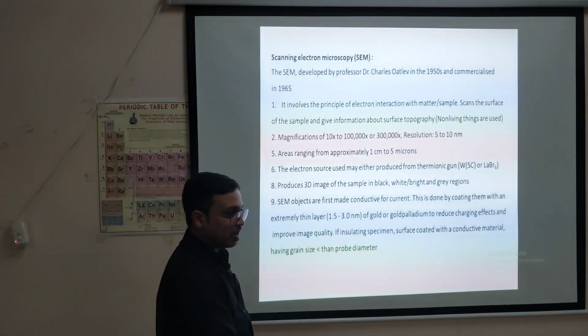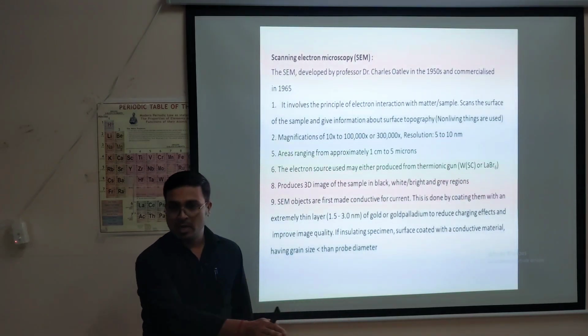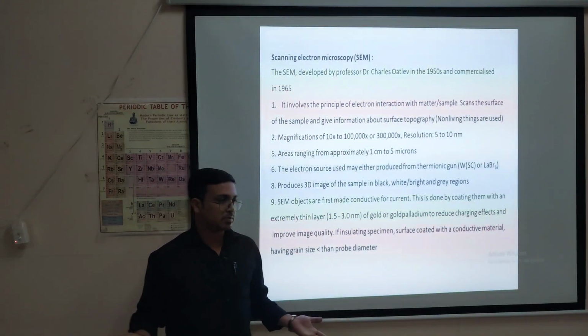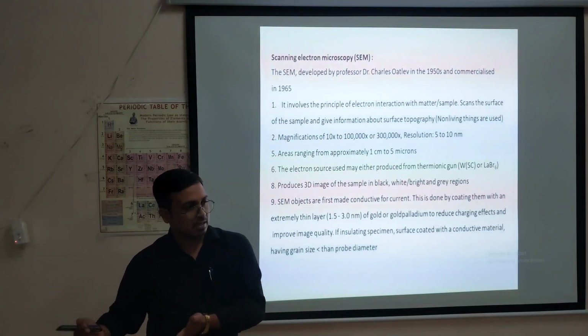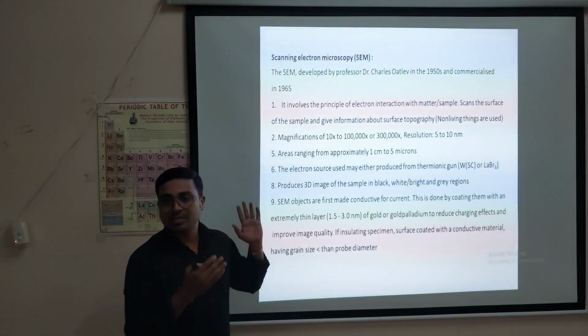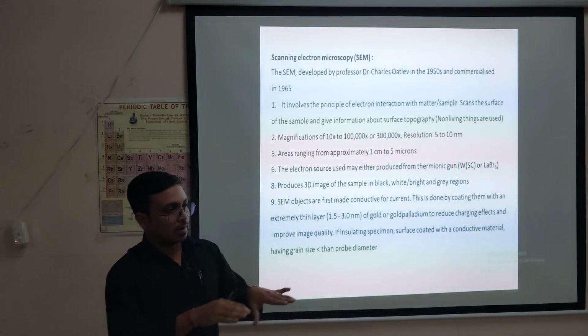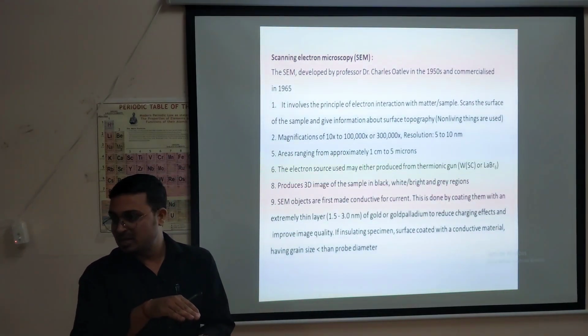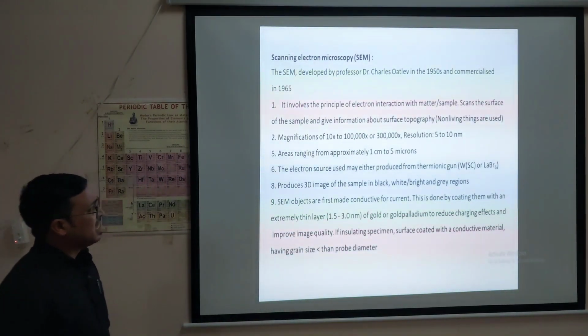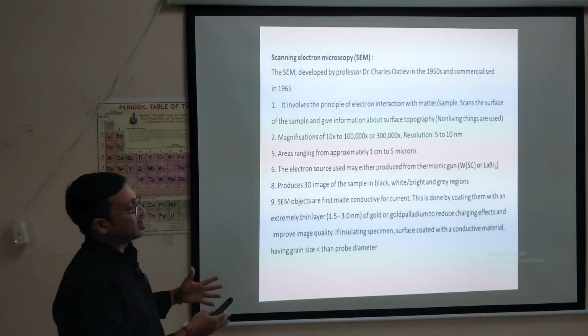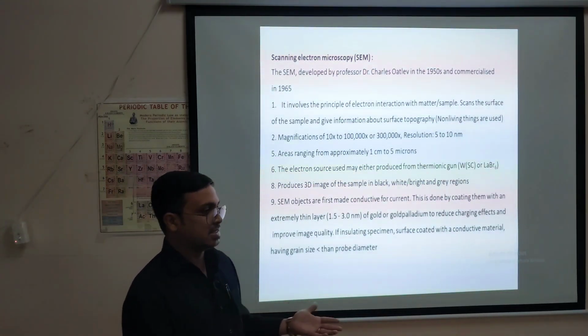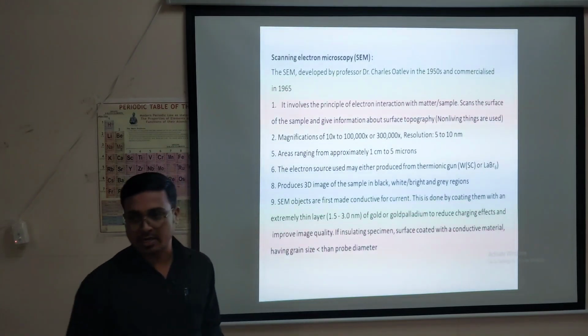Some will go beneath that, it will transmit through the sample, and in that case we have a different type of instrument, that is TEM. So that will analyze that part. But in the case of SEM, or scanning electron microscopy, we will study the morphology up to that much depth. Okay. And what is the advantage of using this one? Why is there a necessity of electron interactions?